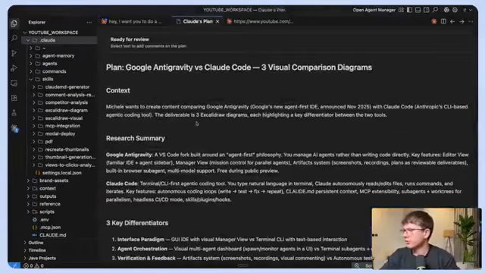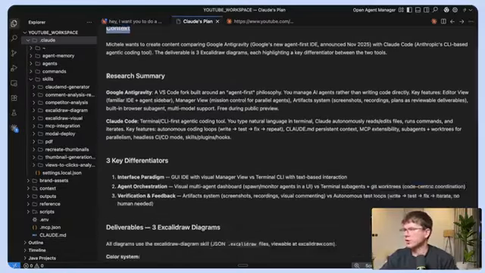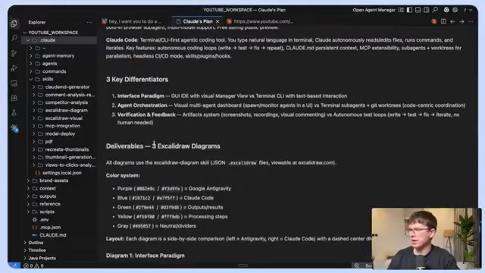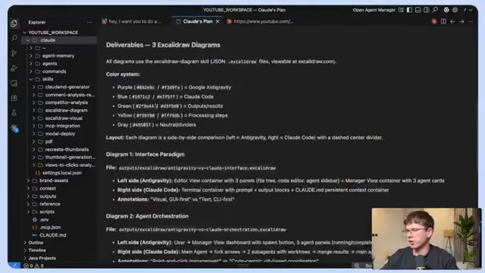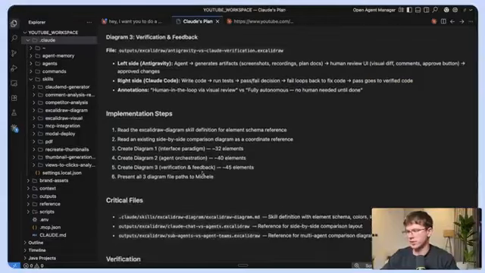Okay, there you go. So after a few minutes, it made the plan, which is Google's Anti-Gravity versus Claude Code, 3 visual comparison diagrams. It gives me the context. So Michele wants to create XYZ, the research summary that I made, and 3 key differentiators: interface, agent orchestration, verification, and feedback, and deliverables, which is the 3 things that we want, right? With the color system, the layout, diagram 1, diagram 2, diagram 3, diagram 4, and the implementation steps, and the